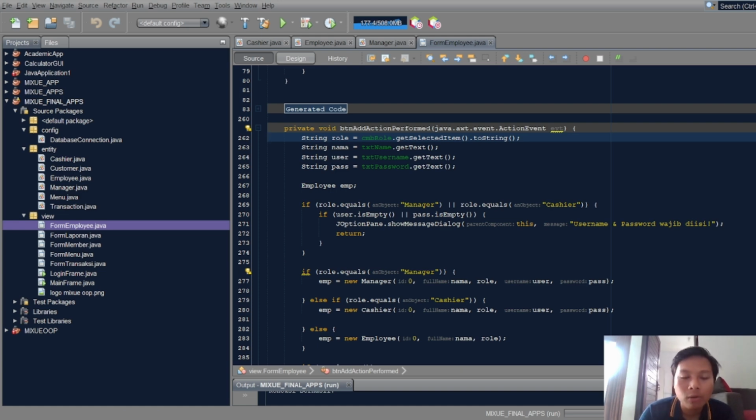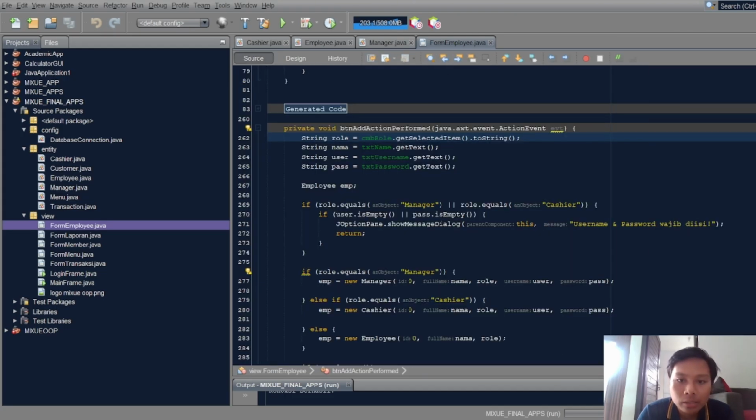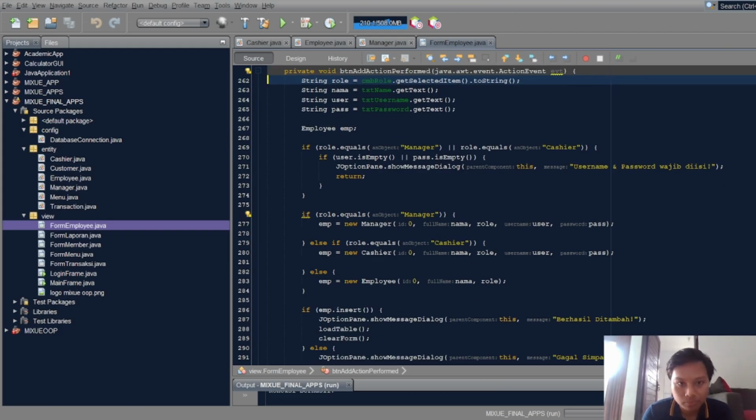That means from the combo role, we get the item and transform it to string, and then we get the name from the text field name, the username from the text field username, and the password from the text password.